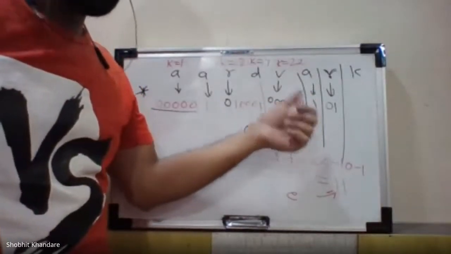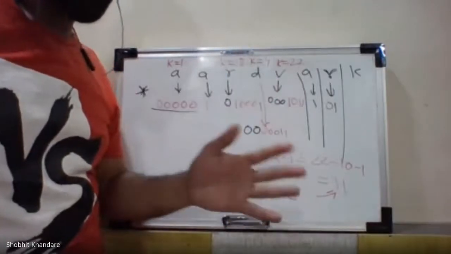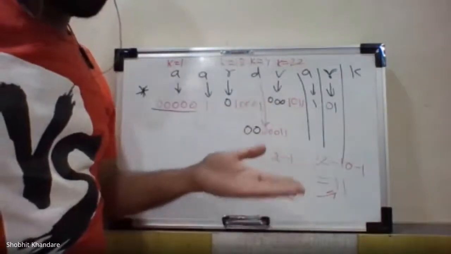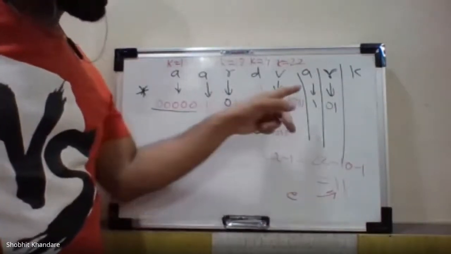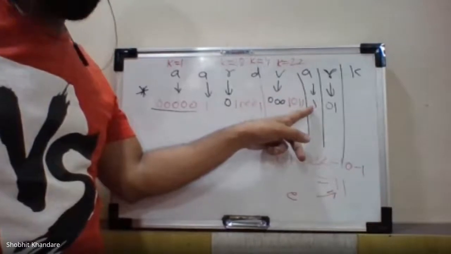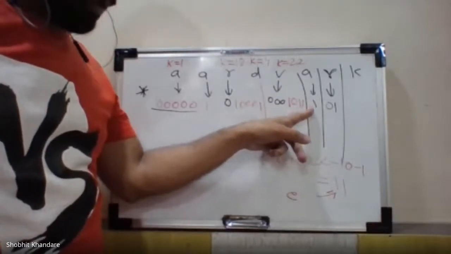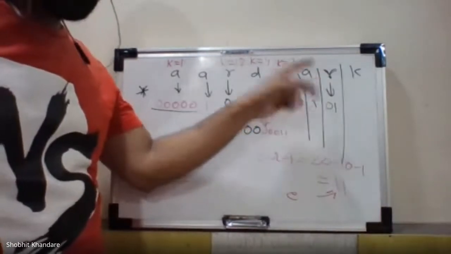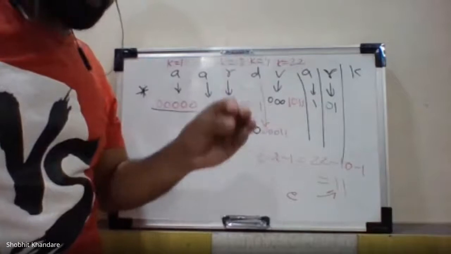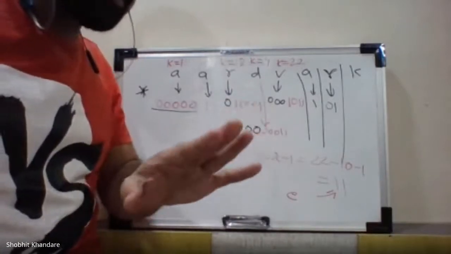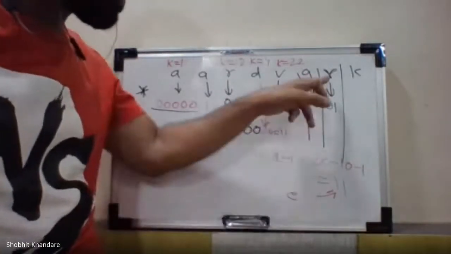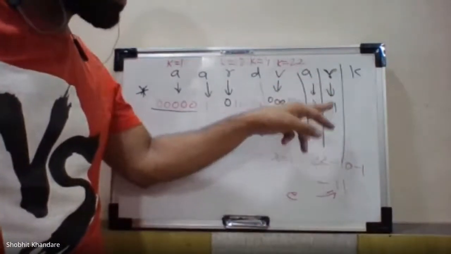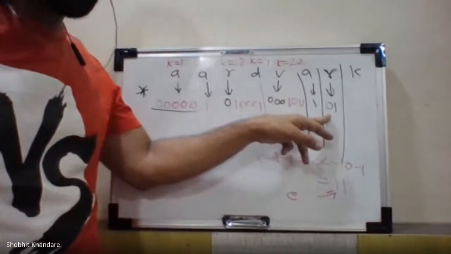After including A, we are not doing the swapping. Swapping is done when you check for the updation of the tree. But A is included and the code for A is 1. Then we have to include R. When we include R, can I say that is before swapping? So before swapping, the code for R is 0, 1.